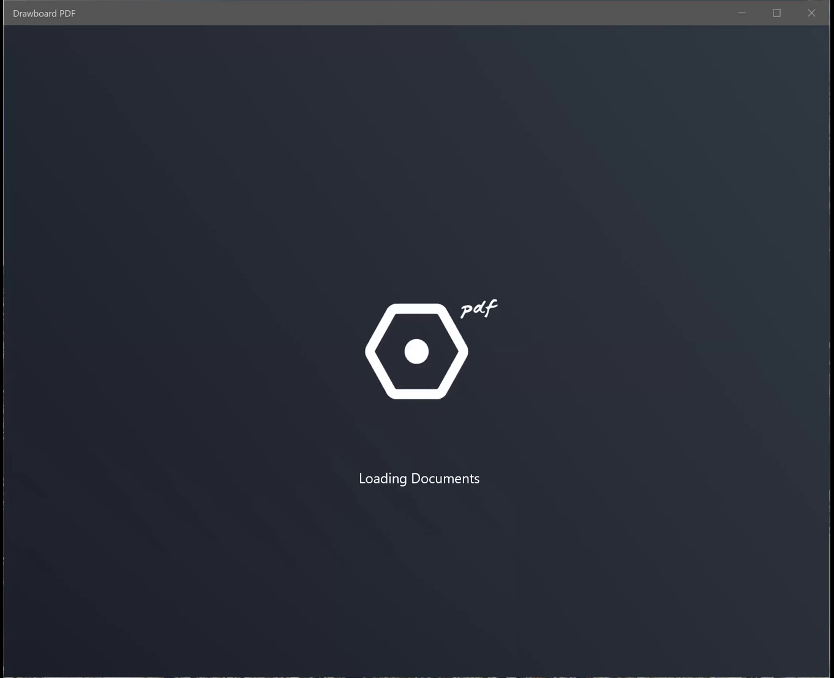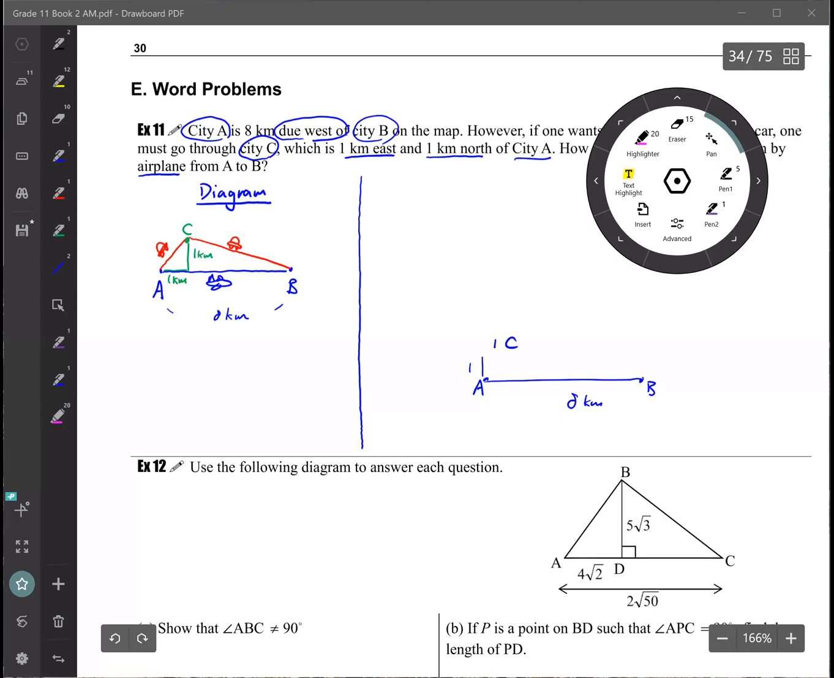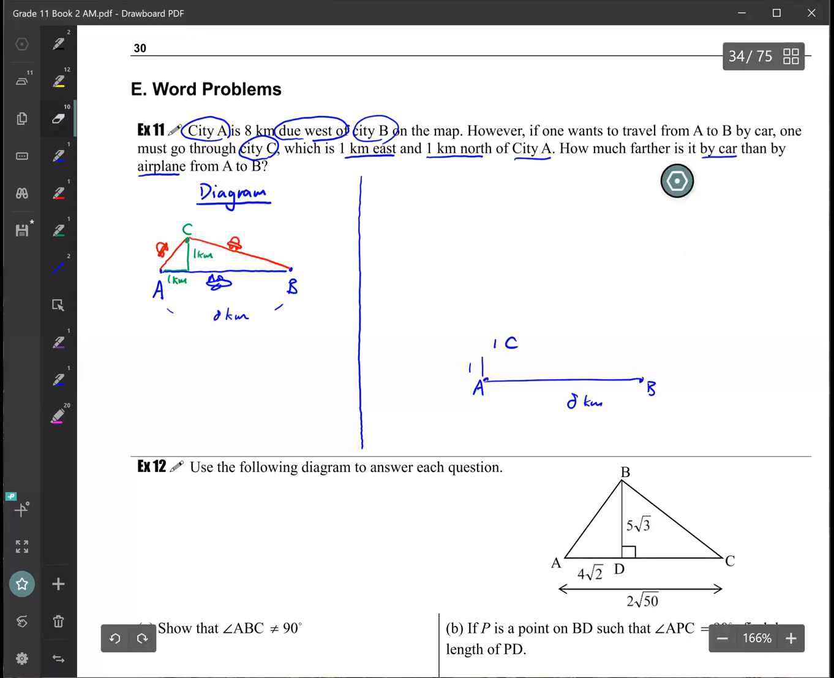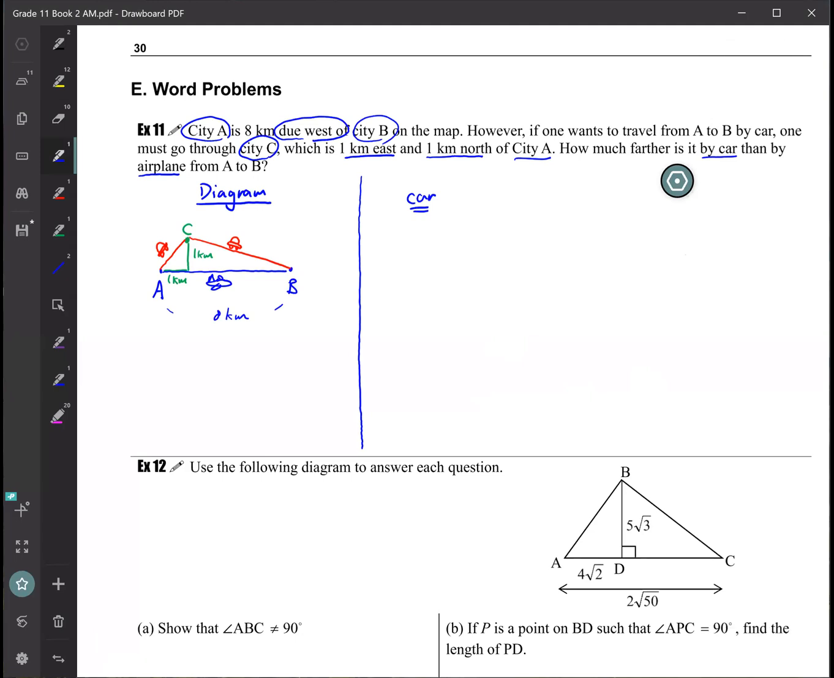We already know the distance by airplane, right? So we don't need to find the distance for the airplane, just find the car distance. Okay, so for car distance,